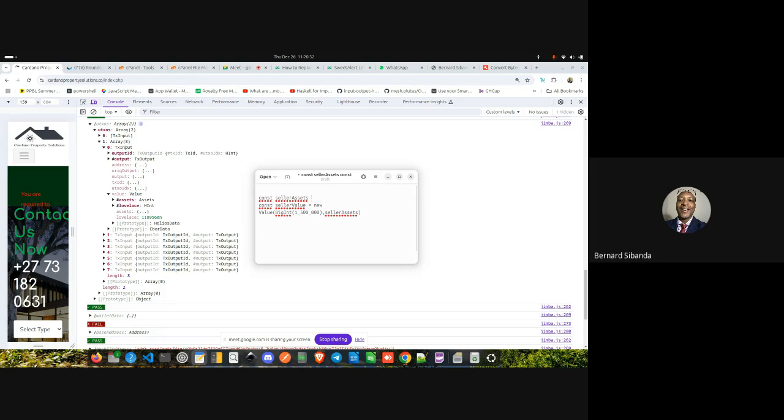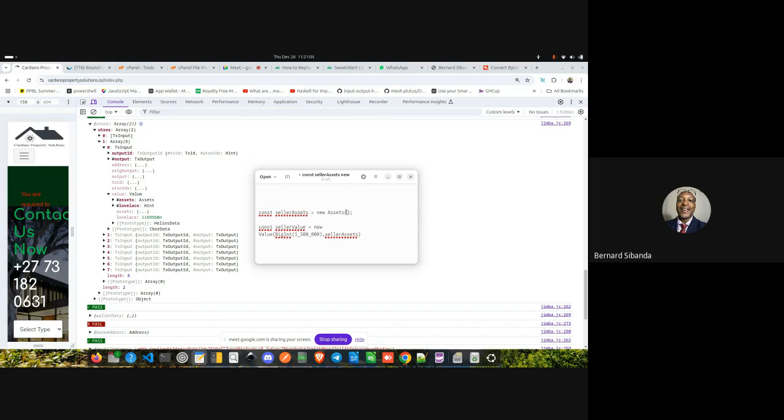So you use new Assets. Now let's put some assets so that you see how the assets look like. Assets needs three things.